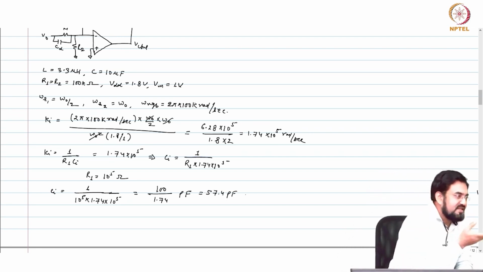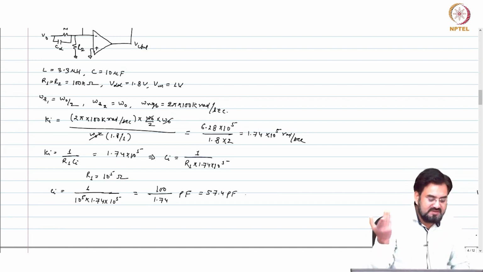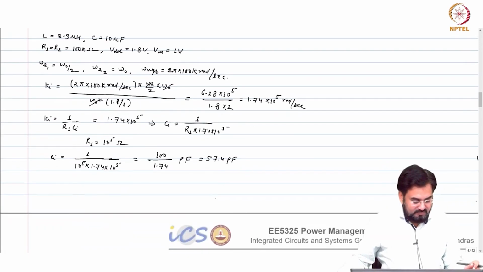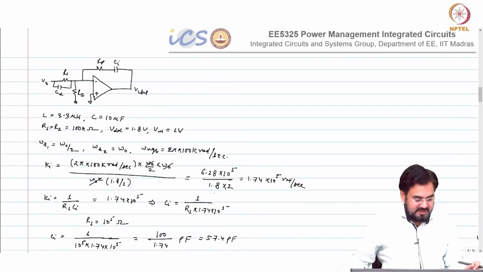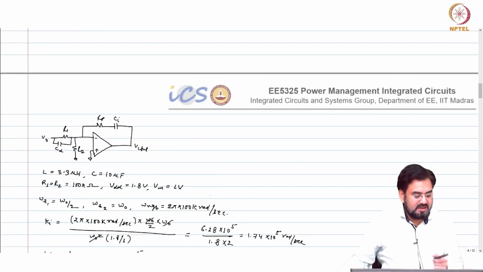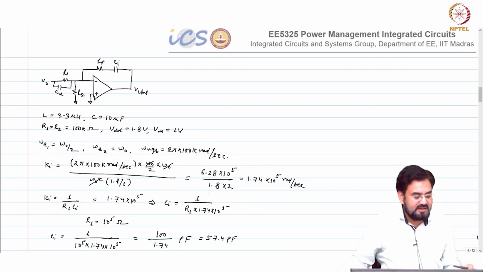Okay, which is same as what we calculated earlier, if you remember, because omega Z2 location we considered same. Now if you change omega Z1 or omega Z2, these values will change. So what else we need to calculate? What are the unknown components here? RP and CD. So CD can be calculated, R1 is known.